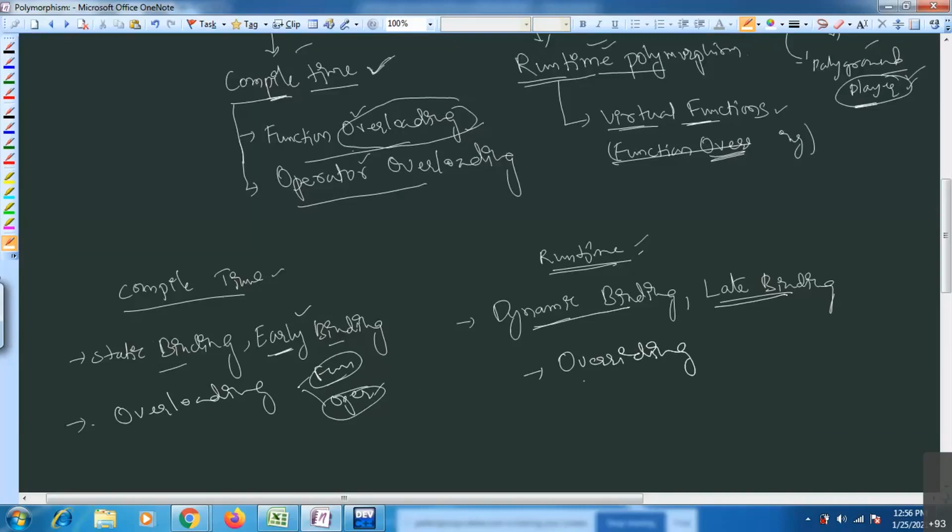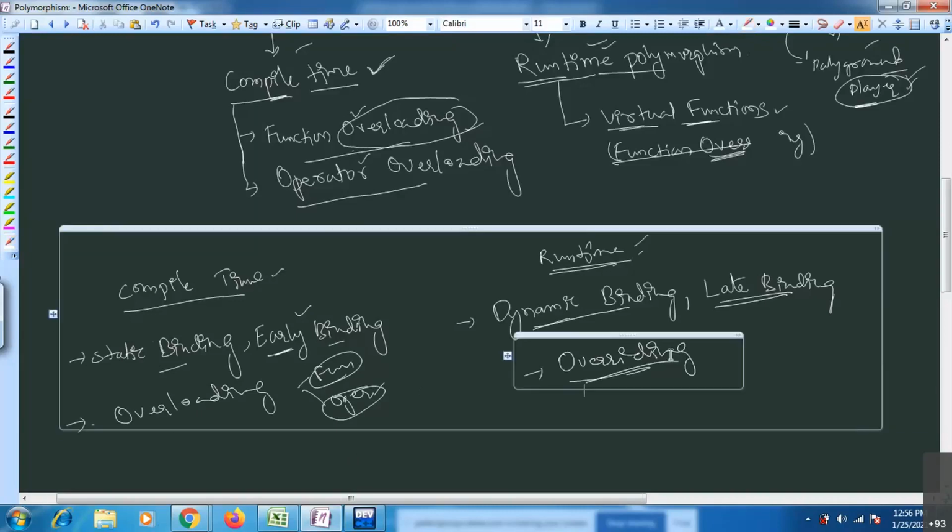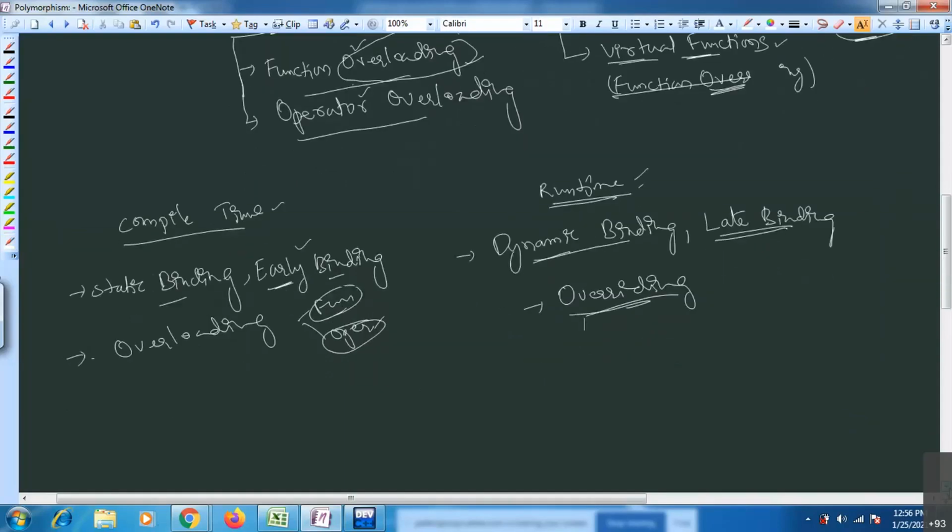Coming to overriding. In the morning session we have seen the same function name, same number of parameters, and same type of parameters. For example, suppose an int add function is there, expecting int a comma int b, and it just returns a plus b.